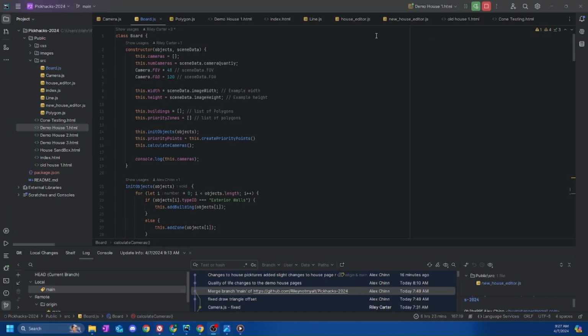Hi, I'm Riley Carter. I was the one who did most of the back end and math on the project. After everything's done in the front end and all of the users have input all of their priority zones and buildings, they're passed as a list of objects to me, and I sort them out. We take all the buildings, we put them aside. Then we have all of our priority zones. We take those priority zones and we